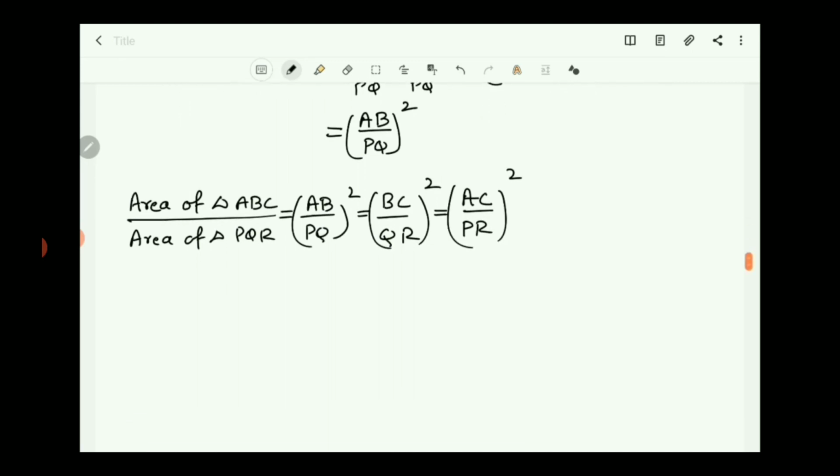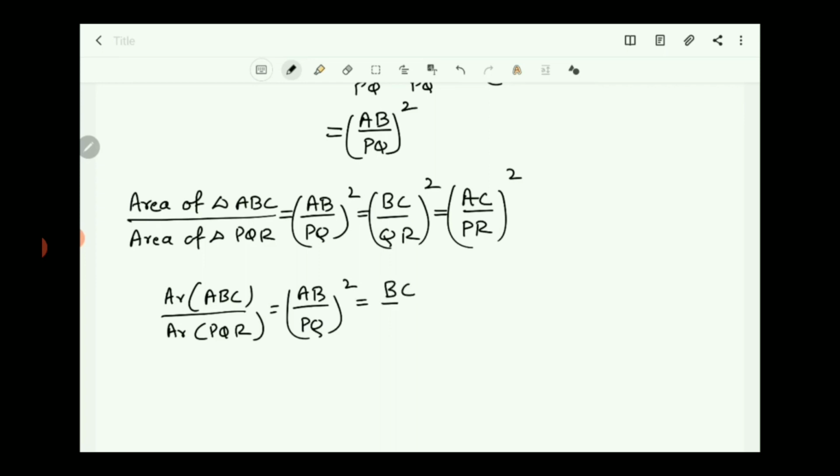So in short, area of triangle ABC by area of triangle PQR is equal to AB by PQ whole square is equal to BC by QR whole square is equal to AC by PR whole square. In this way you prove that the areas of similar triangles are proportional to the squares of their corresponding